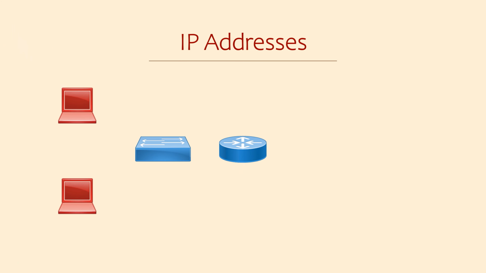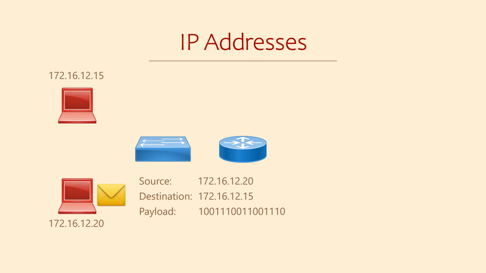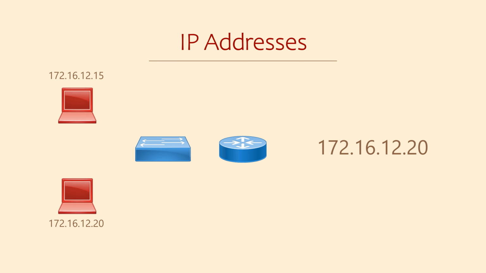Many devices or hosts on the network have IP addresses. When one device wants to send a message to another device, it breaks the information into packets. Each packet has the sending device's IP address and the destination device's IP address. IP addresses have a clever design. While they look like one single address, they're actually two addresses in one. One part of the address refers to the host device itself. The other part refers to the network or subnet that the device connects to.